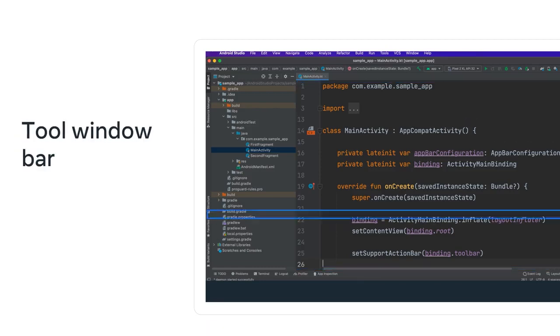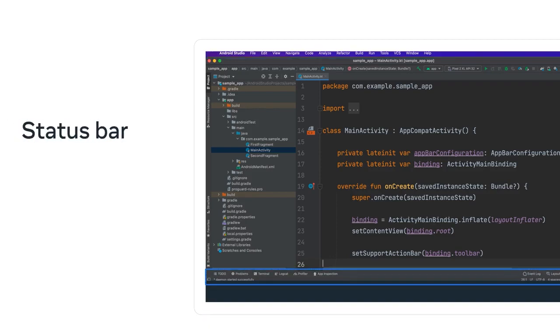The tool window bar runs around the outside of the IDE window and gives you access to specific tasks like project management, search, version control, and more. It contains buttons that allow you to expand or collapse these individual tool windows. Finally, the status bar displays the status of your project and the IDE itself, as well as any warnings or